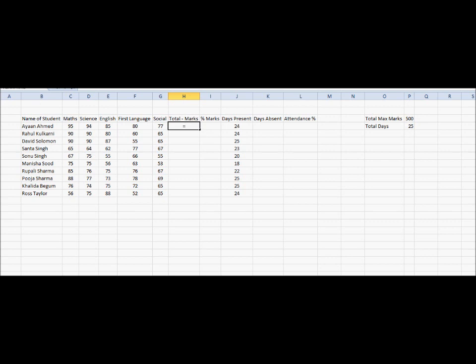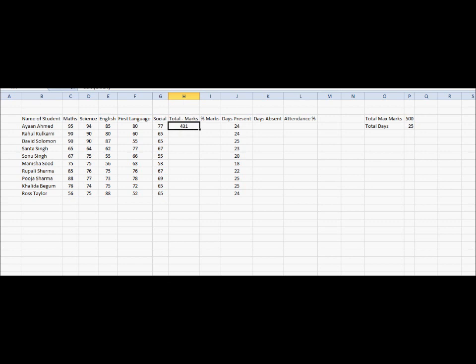By the way, the equals to symbol is used so that Excel knows that whatever comes after it is a formula. There is a formula called SUM. When you put in equals to SUM open bracket, it will ask what values you want to sum up. We've selected them using the cursor. These are the values we want to sum up. So here we get the score of 431 marks.